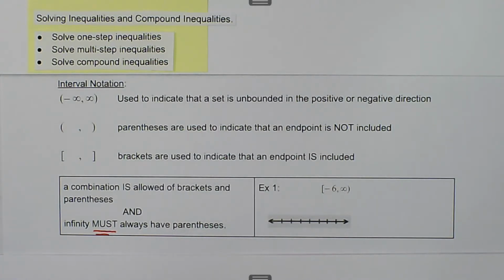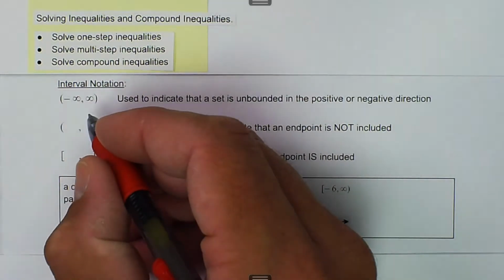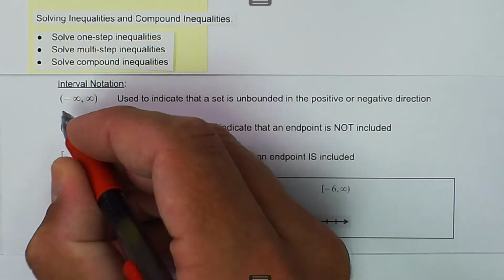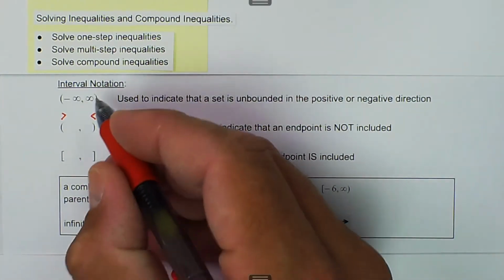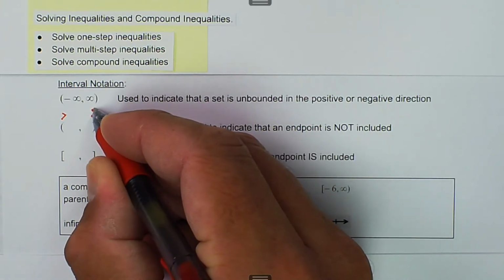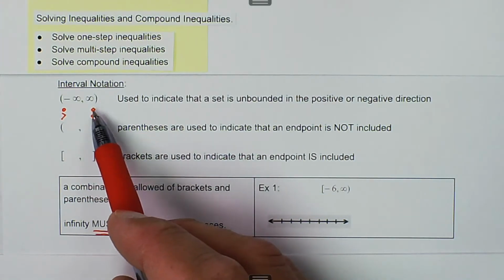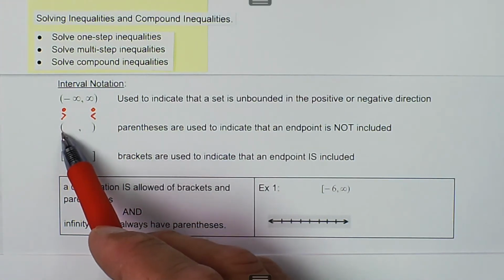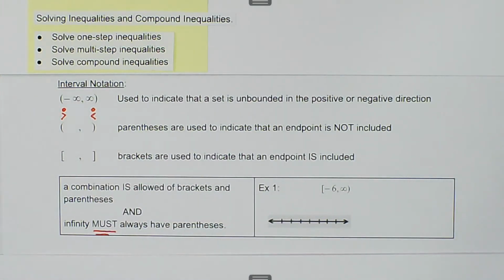Parentheses are used to indicate that an endpoint is not included. So if we're thinking not included, we need to be thinking less than, so we could say less than or greater than. Remember, along with this, we're thinking open dot. Anytime we have a parenthesis involved, that means that point is not included. So the symbols that go with parentheses are either an open dot or the greater than or less than without